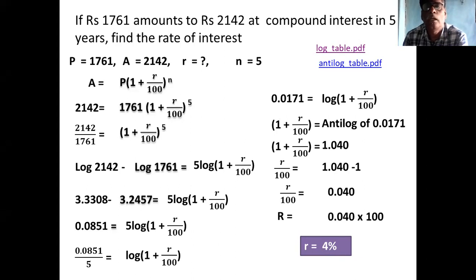In the first method, I calculated the amount and interest. In the second method, I calculated the principal value. In the third method, I calculated the n value. How to calculate the n value, the period? In the n value, antilog is not applicable. And in the rate of interest, we have to apply the log to the bracket. Okay, these are the simple steps. You make yourself perfect regarding these steps. Clear? Then come to the next problem.